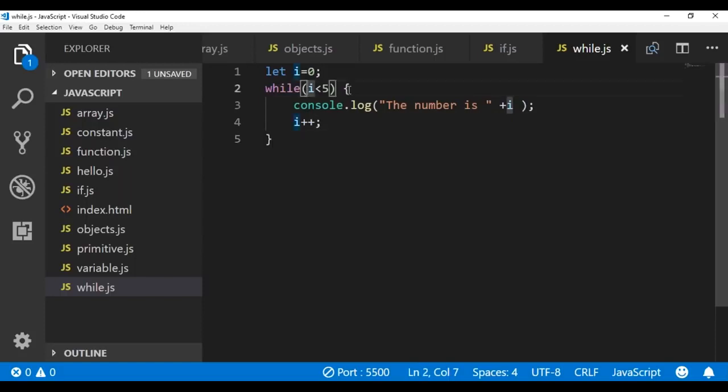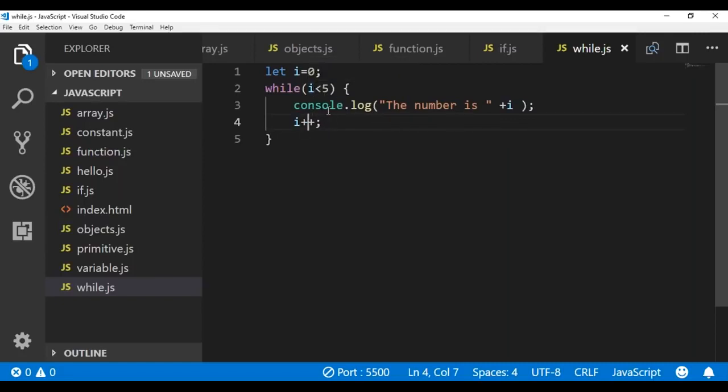Now let's look at the while loop. Within the while loop, I've defined a condition which says while i is less than 5, it has to perform the following code. First, I've set i to 0. So i is less than 5, meaning 0 is less than 5. Now this is true, so it's going to execute these two statements. It's just going to print the number is 0, and then it's going to increment the value of i. So now i will become 1 over here. It'll go back to this loop and check if 1 is less than 5, which is true. So it'll execute these two commands. Similarly, it'll keep going till i is equal to 4.